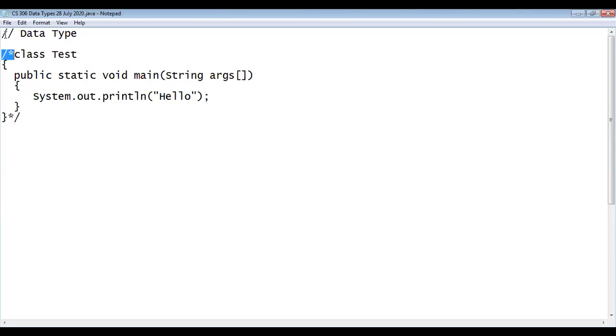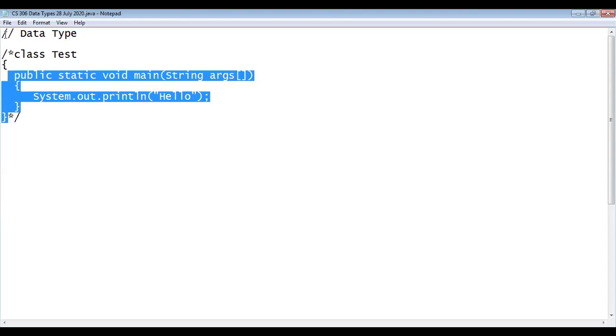If we start with a slash followed by a star, then the compiler looks for the star followed by a slash. All the lines kept in between are commented, which means these lines are not compiled or executed by your Java compiler and interpreter. Clear? Everyone clear with this?